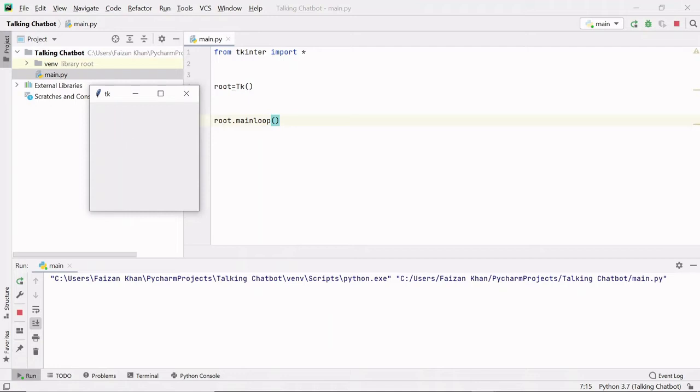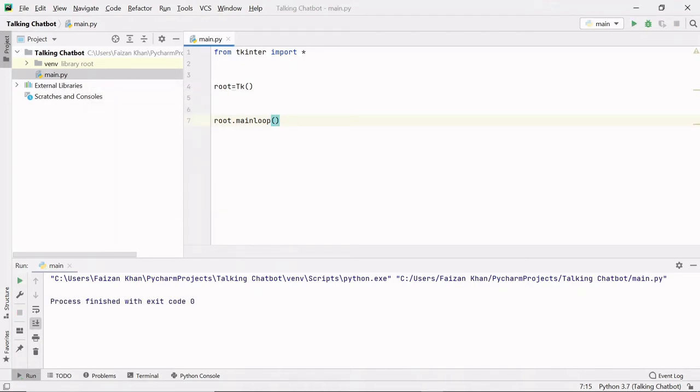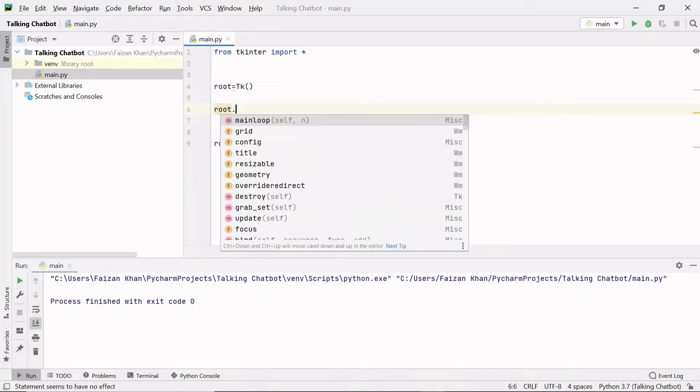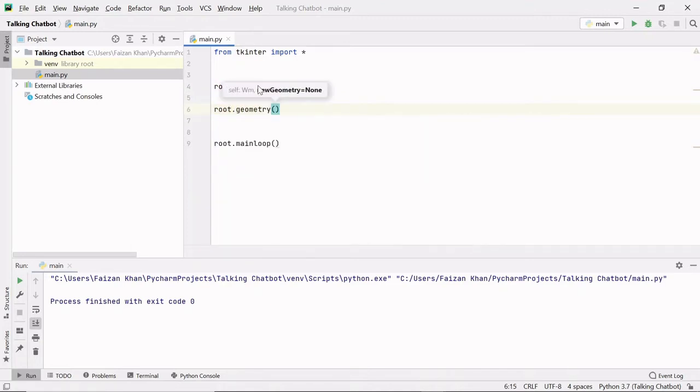Now let's provide some width and height to our window. We need to write everything between these two lines only so that we can continuously see everything because of this mainloop method. So here I'm going to use another method of this Tk class, which is geometry, and here we need to mention the width and the height in the form of a string. The width that I'm going to use is 500 cross 570.